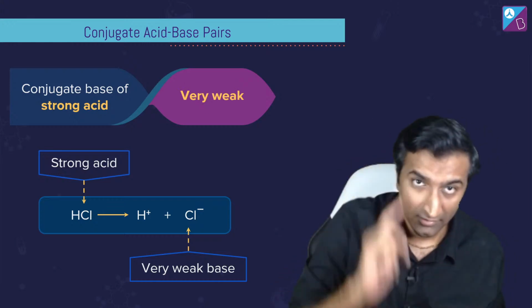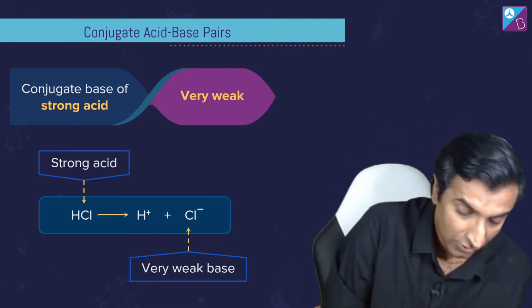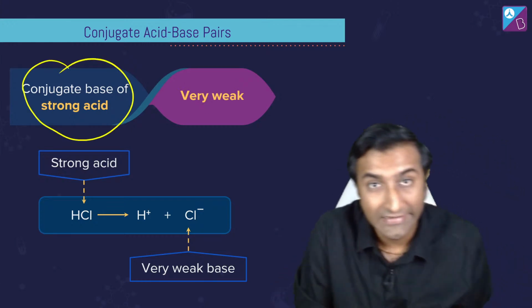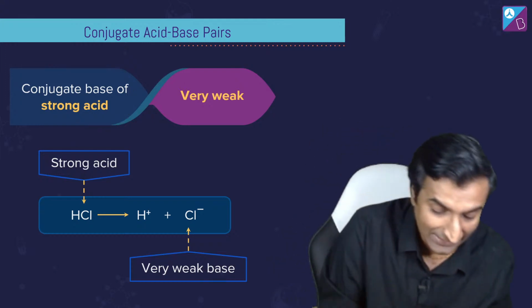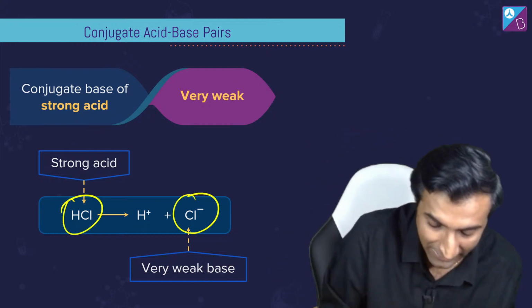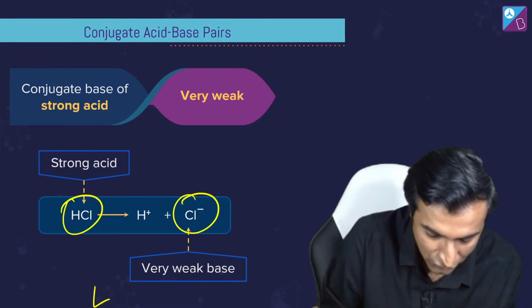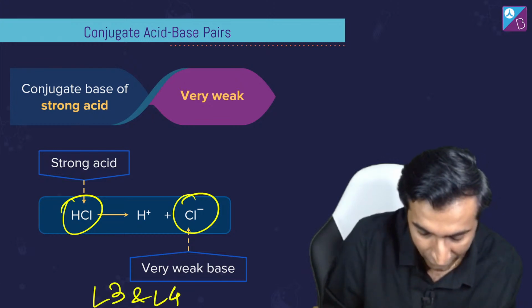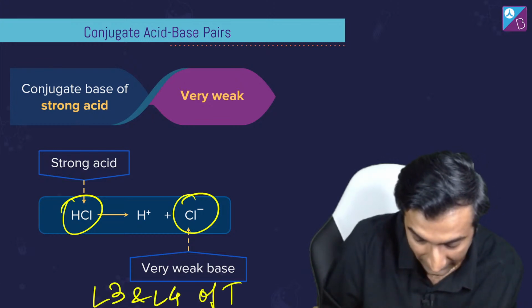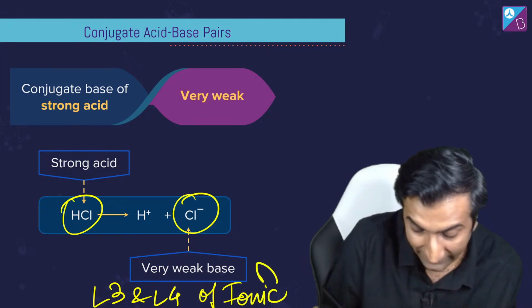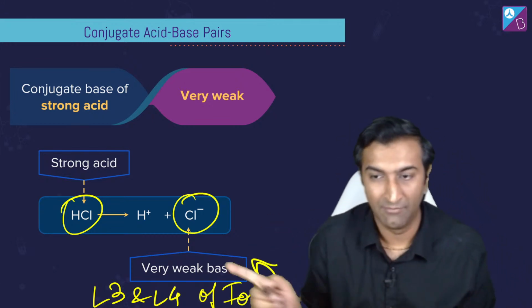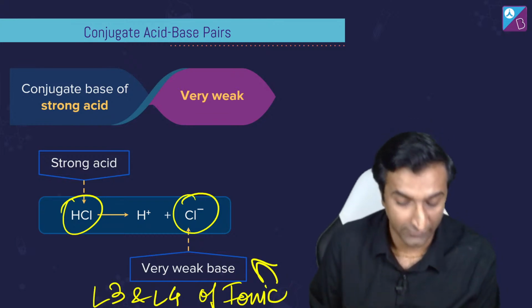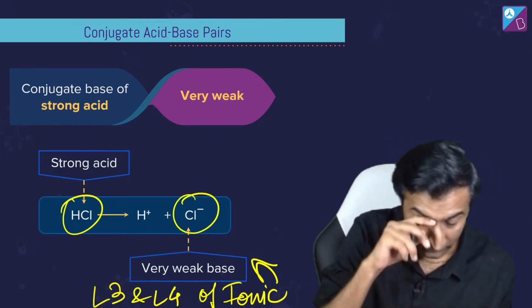Here. This is the next idea that's very important. Conjugate base of a strong acid is extremely weak. Like HCl over here has a very, very weak base. You will learn this as to why in L3 and L4 of Ionic. ठीक है? हम लोग क्या देखेंगे कैसे होता है. There is a relationship between them. Hydrolysis के साथ and all of that. When we study hydrolysis, L4 और L3 में तब ये पढ़ेंगे.